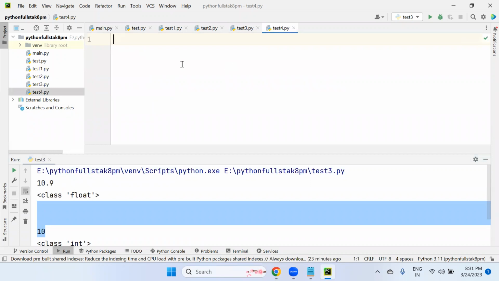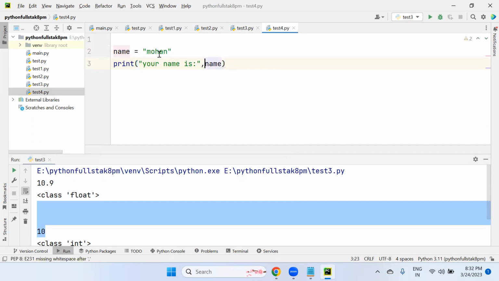Now, how to accept values at runtime, let me show you. Name is my variable, Mohan is the name. Print, I can say the description: your name is, comma, name.